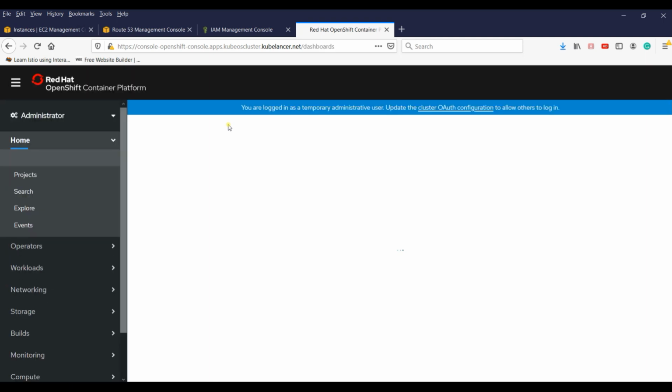Let me log in using our default username and password. The default username is kubeadmin and the password.